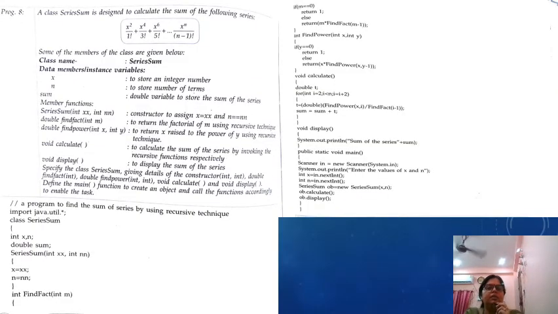Now next is also a class, series sum, how to calculate it. Here, you all know that is the factorial sign, so in this we have to find the fact also. Series sum here also has a constructor. Only this type of program comes in your board, so pay attention to it and write each and every line of the program in your registers.